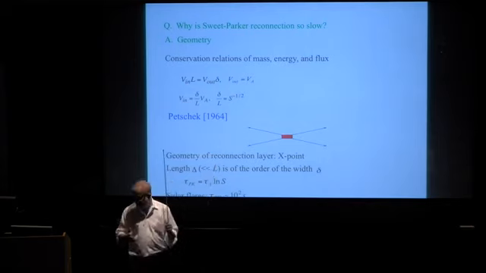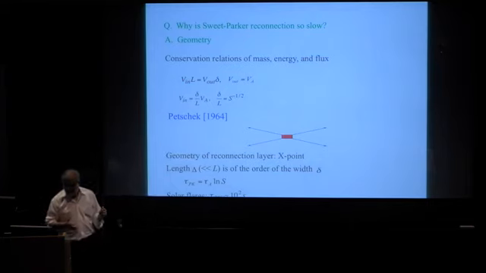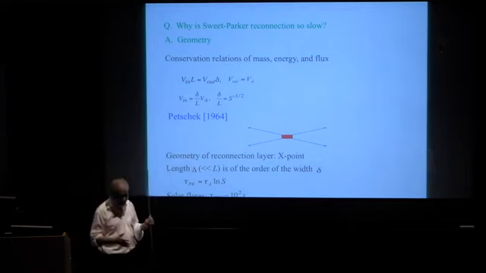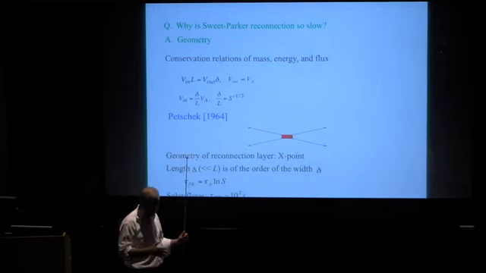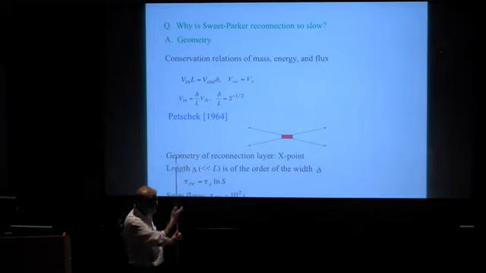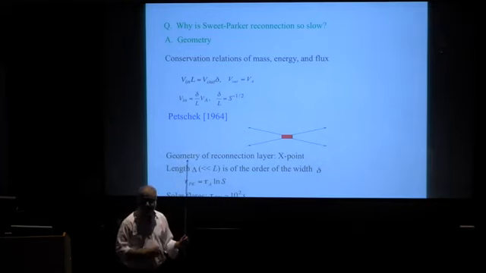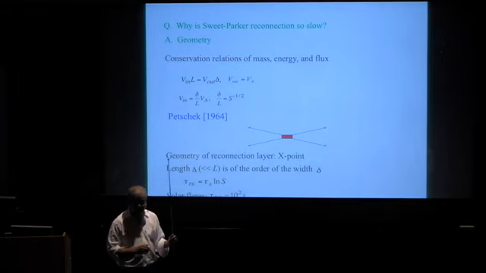So you have to be very careful when you actually claim fast reconnection, because the thing that separates slow reconnection, which is diffusion timescale, from rapid reconnection, which is, say, in the Sweet-Parker case, S to the half, is S itself, and your simulation must be large enough to separate it so that you can see the difference.